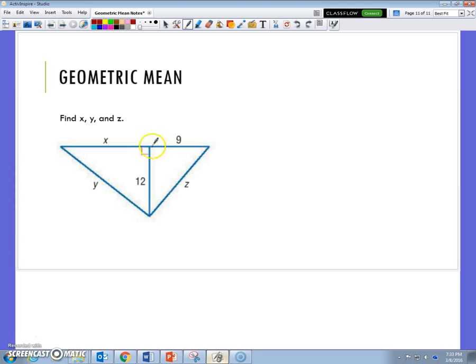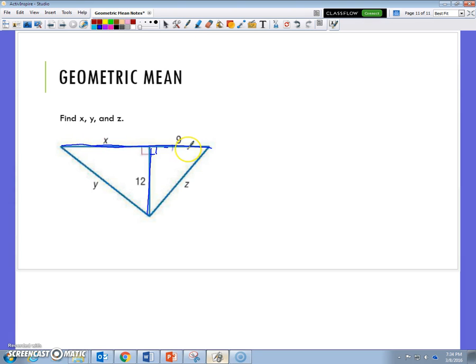Let's take a look here. We already know what 12 is. It's the length of the altitude. So in previous days, what we could do is probably just use the Pythagorean theorem, say 9, 12, this must be 15 because it's a 3, 4, 5 triangle. So I could do it that way, but that's not nearly as fun. I could find x first before I do anything, and then try to find z using my altitude and my leg theorems. Well, I know that the